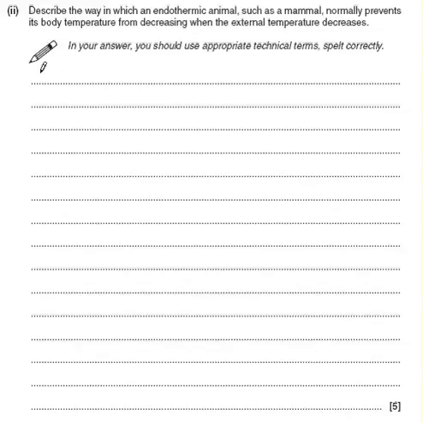The first thing I would talk about is how the body knows and how it reacts. Describe the way in which an endothermic animal, such as an animal, normally prevents its body temperature from decreasing. The first thing it's got to do is react to it. So we've got some thermoreceptors. So these thermoreceptors, which are in our skin,